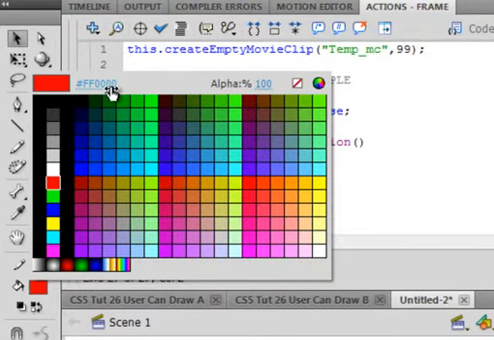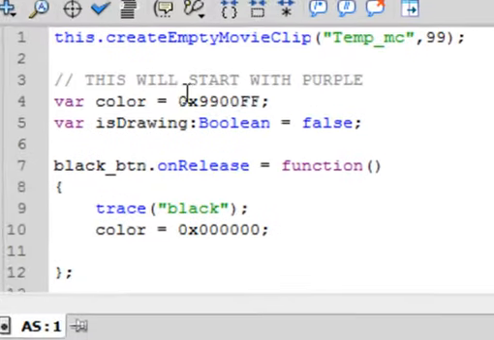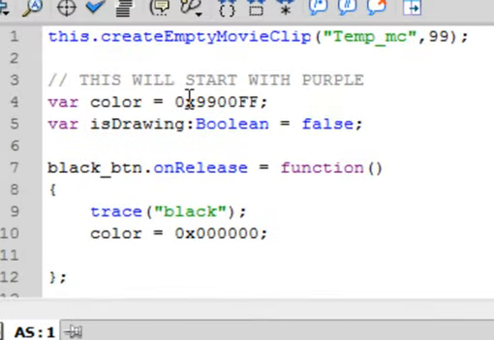Those are hexadecimal numbers. So if I typed in 9900FF, that's the purple we're talking about right there. Okay? So 0x, small x, 9900FF, they're capital F's, semicolon,